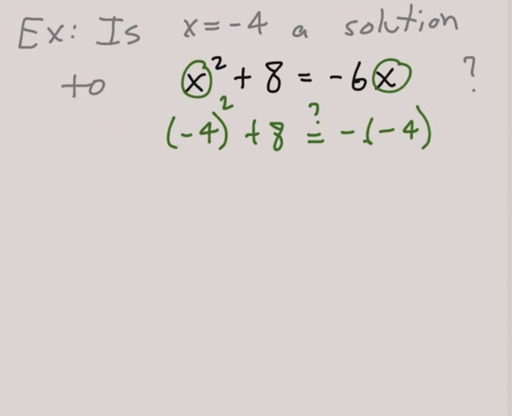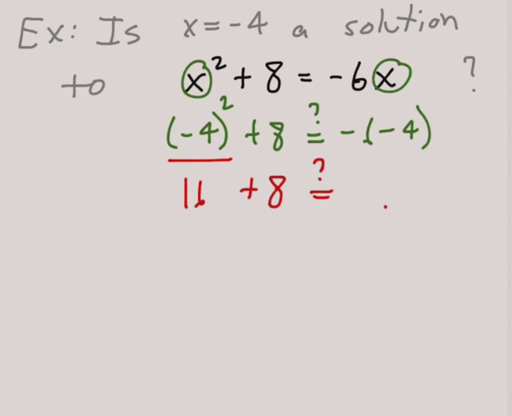Okay. Let's see, now if I go through evaluating this, negative 4 squared is negative 4 times negative 4. Negative times negative is a positive, so I get a positive 16. And then I'm adding 8 to that, and it might be equal to, see, a negative negative 4. That's a negative negative, which turns into a positive, so I get a,